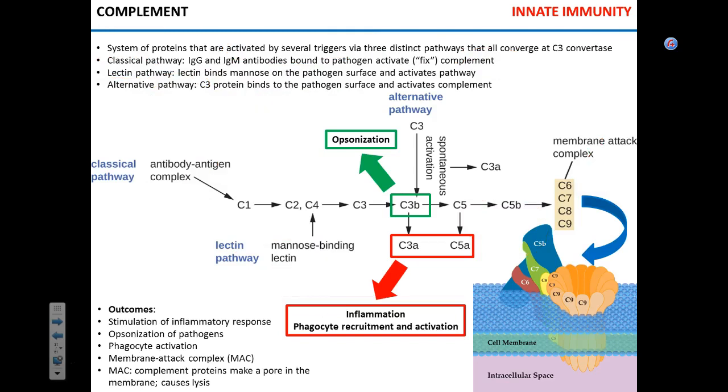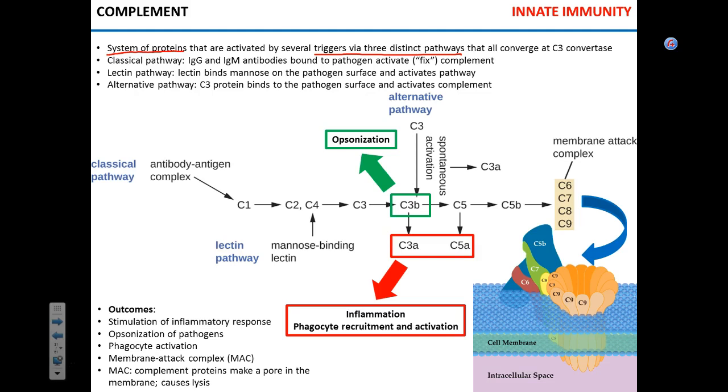Now, another really interesting innate mechanism of immune response to infection is called the complement. It is a system of plasma proteins. They are not associated with any particular cell, and can be activated by three main types of triggers. Now,